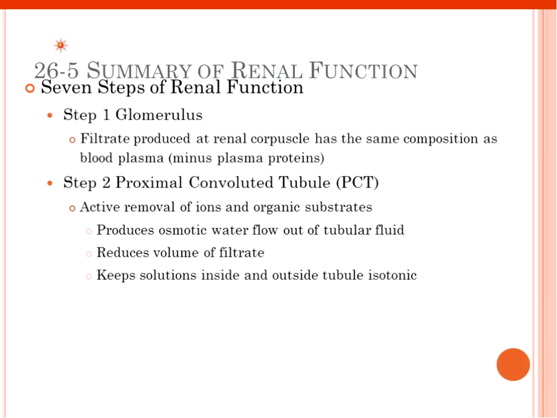So it's not going to be nearly as high at the proximal convoluted tubule as it is at the glomerulus. Think about it as my yard sale. When I put stuff out there for the yard sale, there's a ton of stuff out there. By the time at least one of my children or my husband has seen it, they're like, hey, that's a saw that I could use one day, although I don't ever use it. They start to bring things back in. So they're reducing the volume of items I have to sell at my yard sale. Same thing with the proximal convoluted tubule. It's reducing the amount or volume of the filtrate and reclaiming some of those items because they can still be